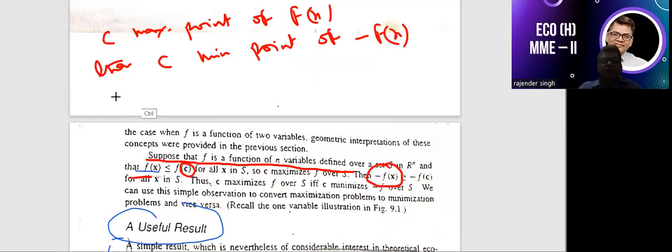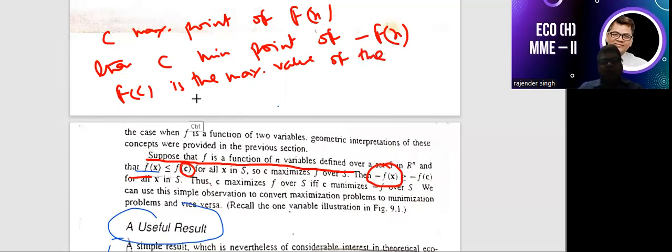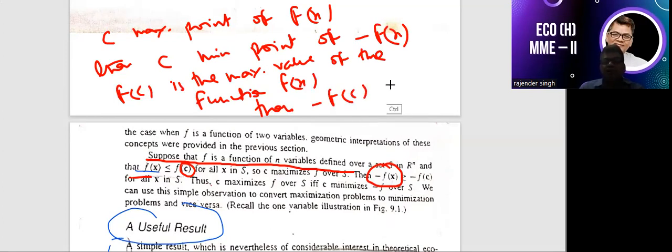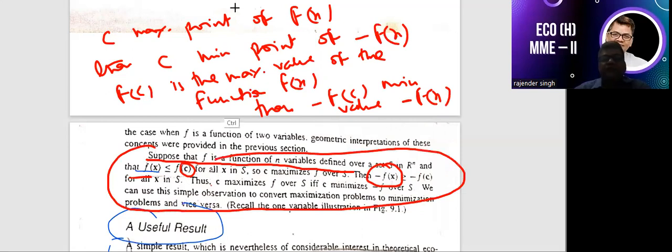It means if f of c is the maximum value of the function f of x, then minus f of c becomes the minimum value of the function minus f of x, right? So this is the meaning of this paragraph, right, students? Now